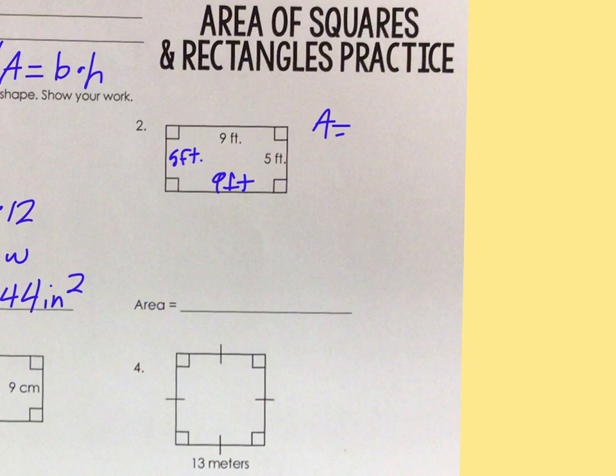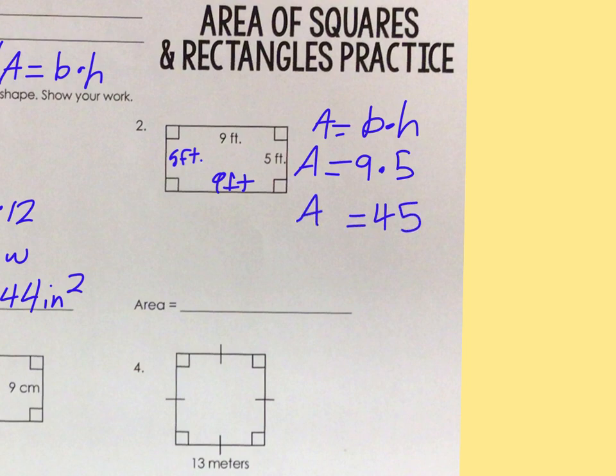I'm going to use base times height this time just to try it out. Base times height. Do I have the base? Yes, 9. Do I have the height? Yes, 5. So when I multiply those together, I get 45. And my area now equals 45. And it's very important to put